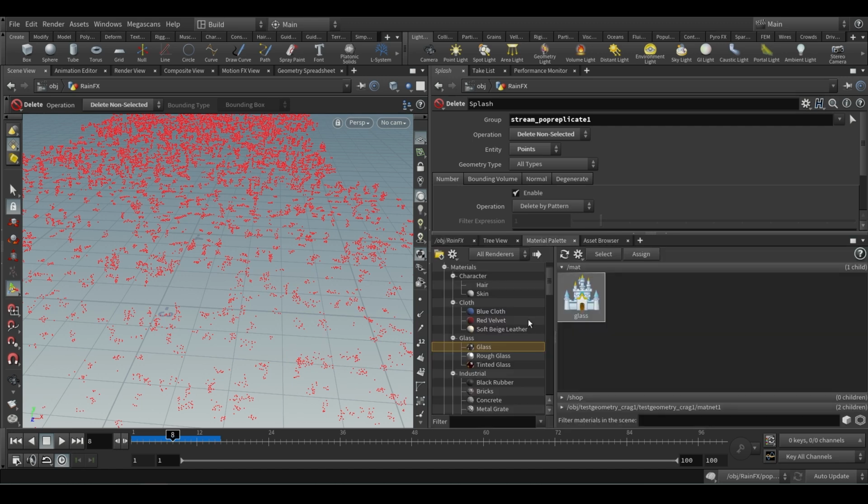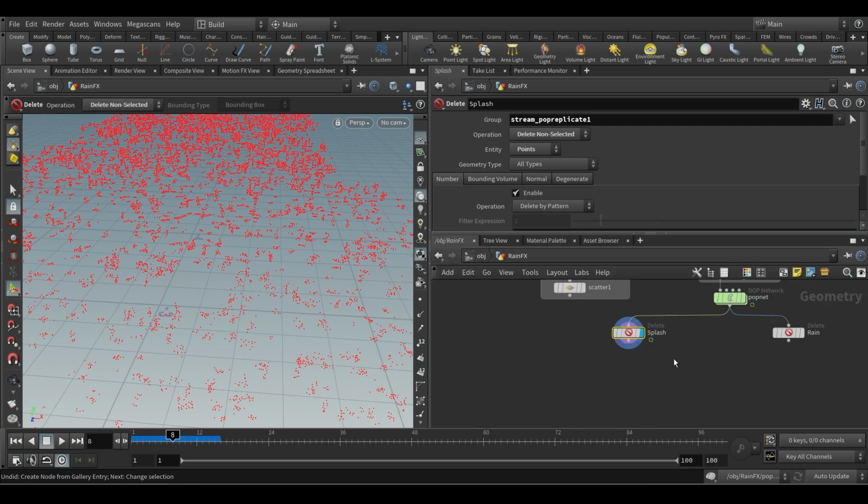What we're going to do is bring in the glass material. I already dragged and dropped it, that's it. I already have a glass material in the library, so nothing to worry about. I need to apply the glass material, so it needs to have a geometry, right? We know that copy stamp can do that job of replacing these particles with geometry.